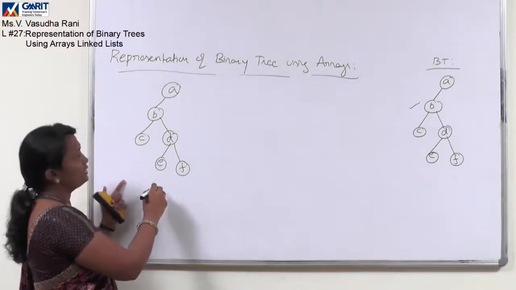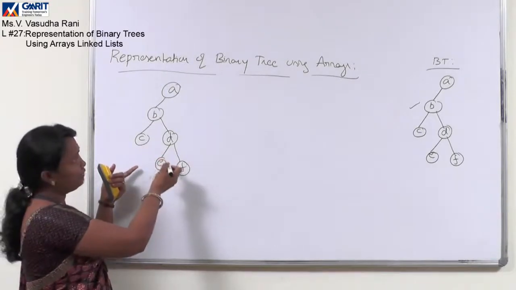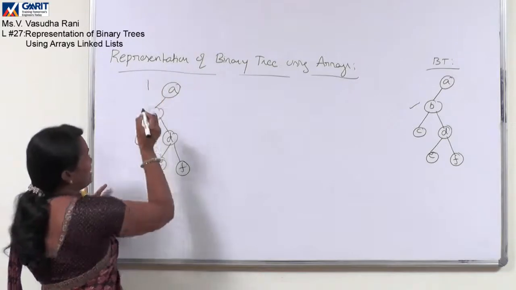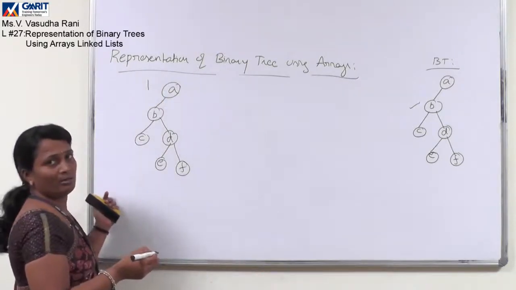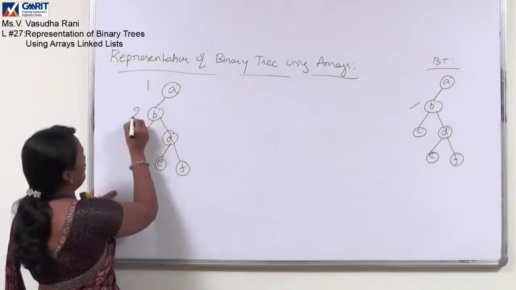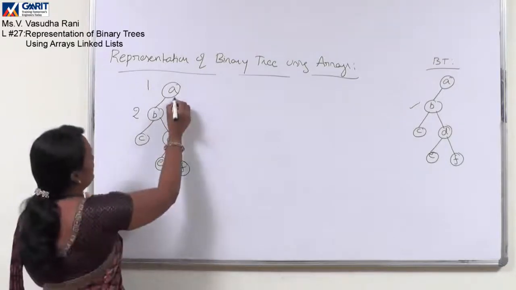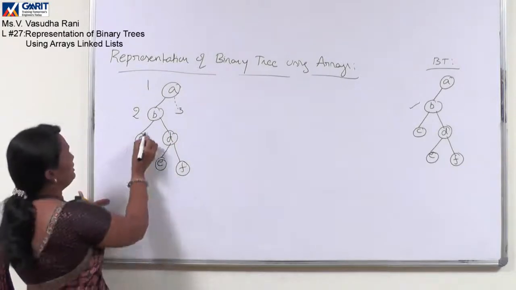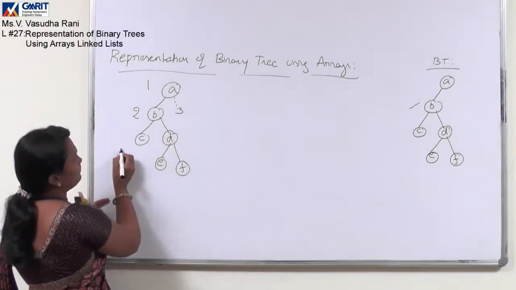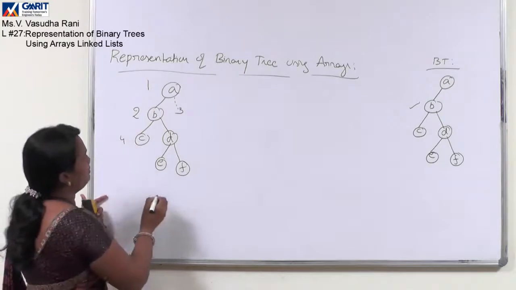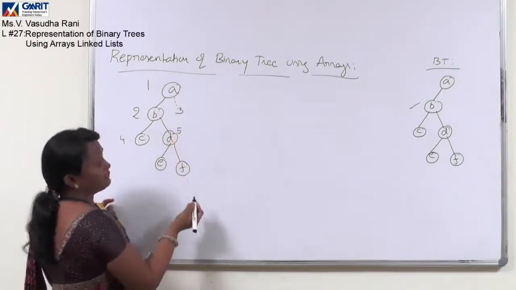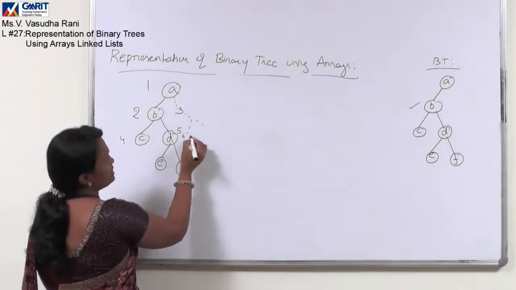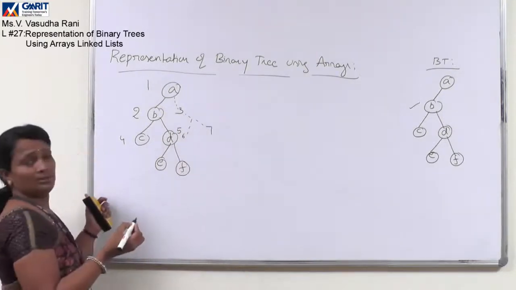If you assume that behind this there is a complete binary tree, the numbering will start like this: the root node will be at position 1 and B will take 2, and here there is no node but it is position 3, and this C will be at 4th position and D will be at 5th position, and this may have its siblings 6th position and 7th position.